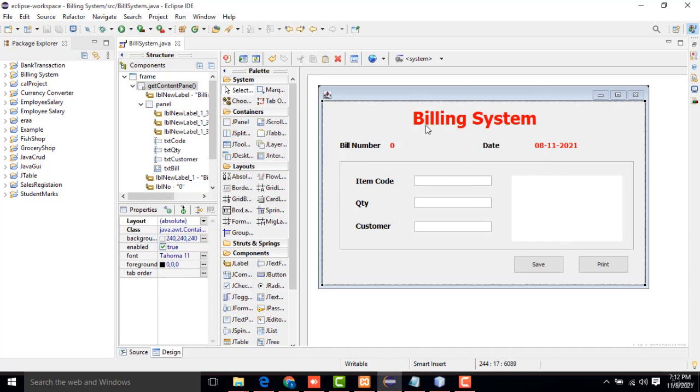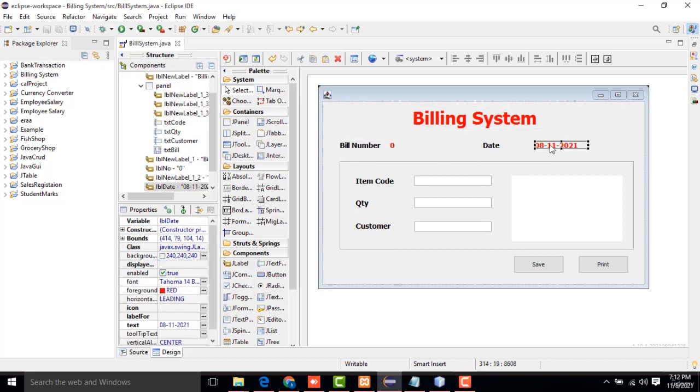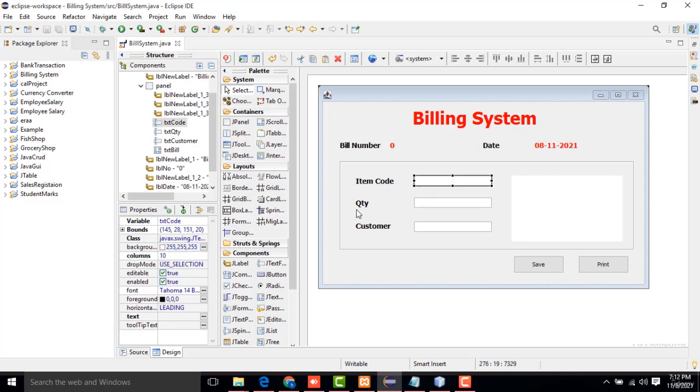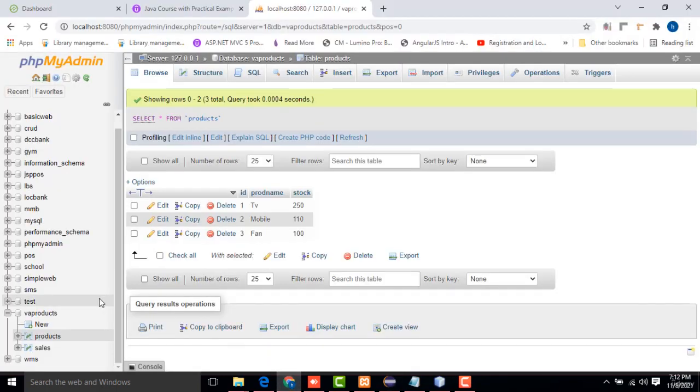transaction. So here, this is a billing system. Bill number, current date, item code, quantity and customer name. We have to enter the relevant item code, quantity and customer. Okay, this is a simple bill. It will be generated. So what I am going to do here is, first go to the